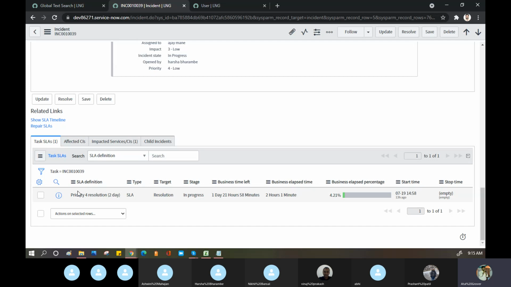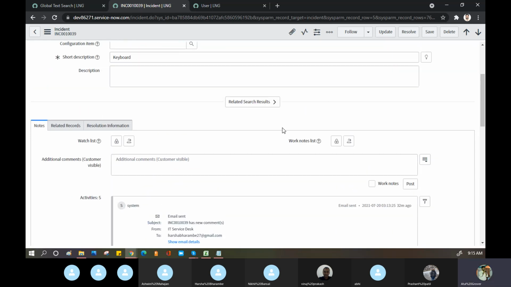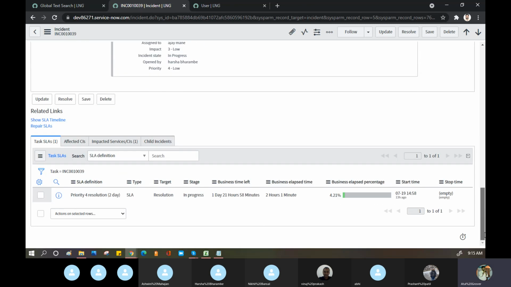One thing I want to pick up today as well: yesterday we saw these tabs, right? And today also we are seeing these tabs, right?